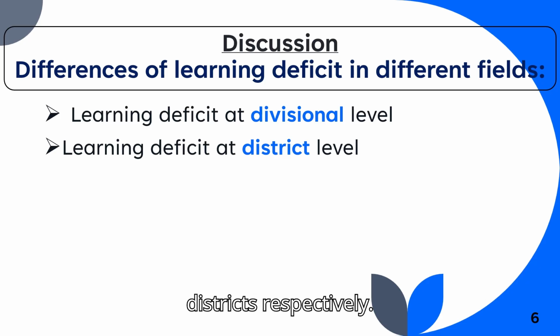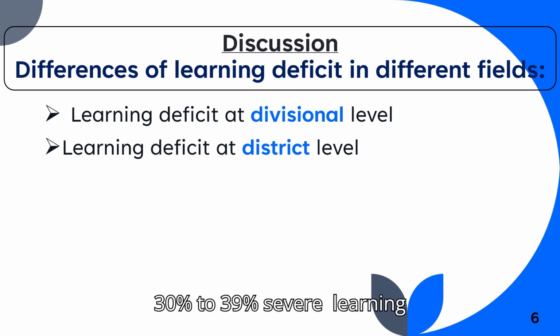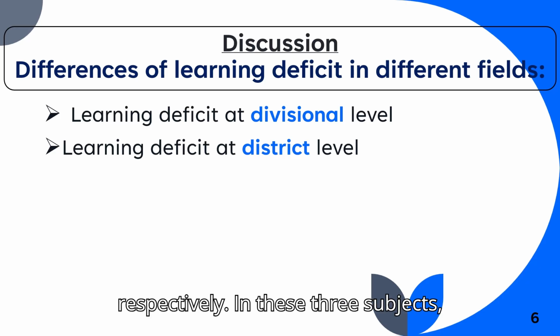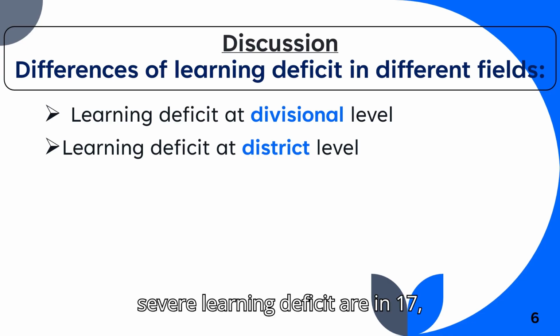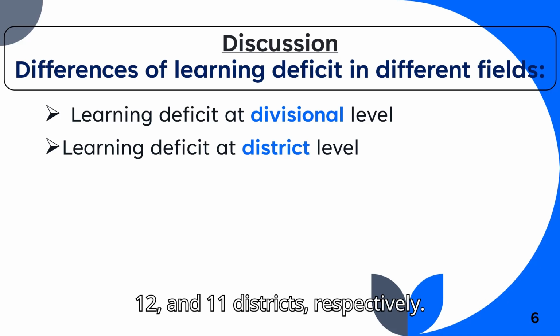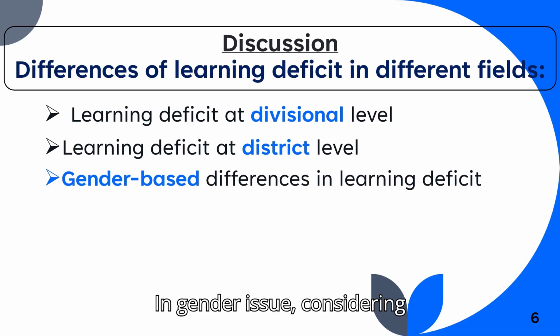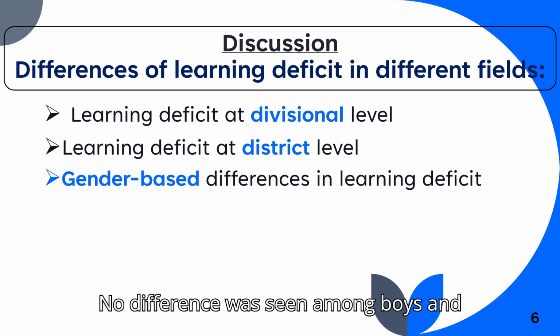In these three subjects, students with 30% to 39% severe learning deficit are in 21, 18 and 18 districts respectively. In these three subjects, students with 20% to 29% severe learning deficit are in 17, 12 and 11 districts respectively. On the gender issue, considering level and average skill score, no difference was seen between boys and girls